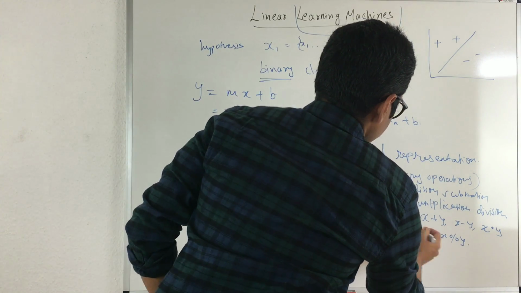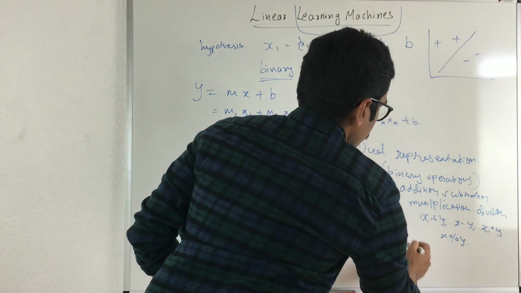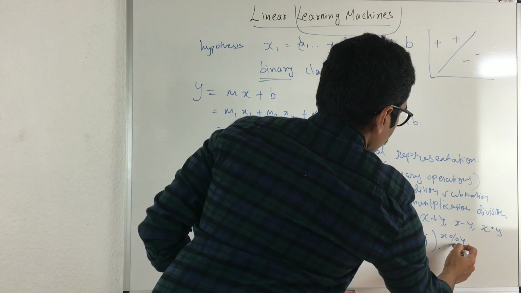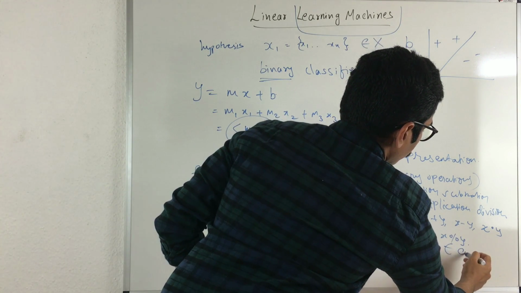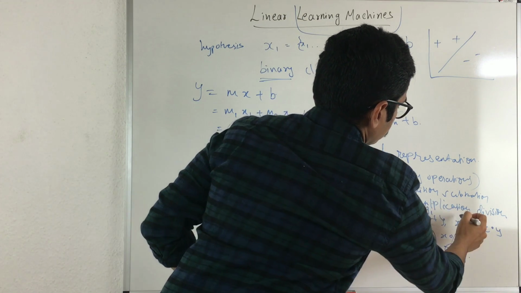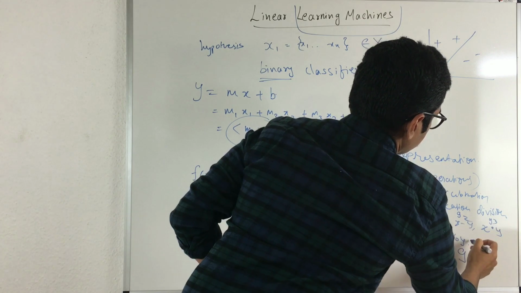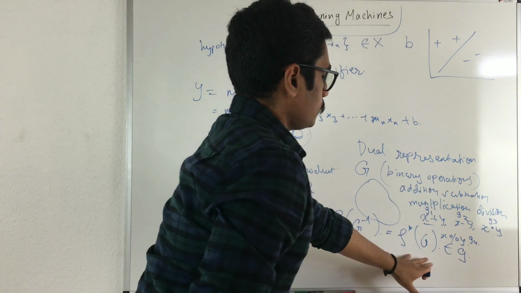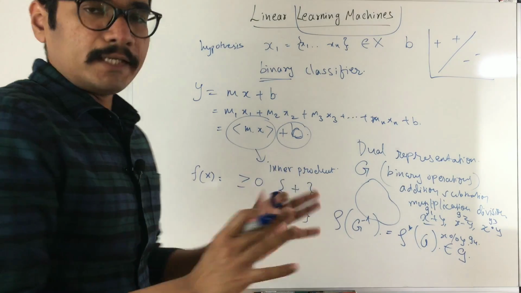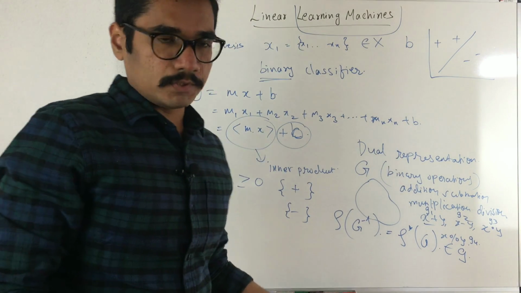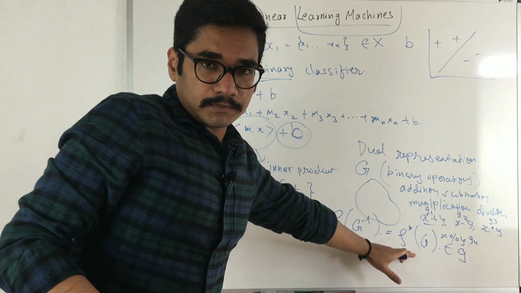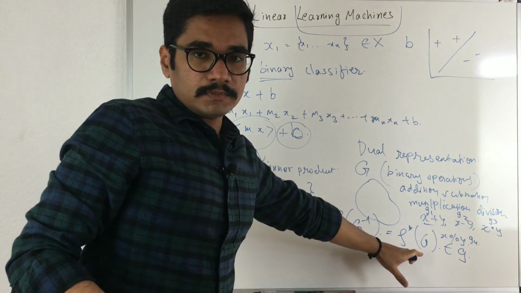So what duality says is, if you just take the transpose of this, it will be G, which will have all the individual elements. Say this is G1, G2, G3 and G4. So it will have all the elements, but the important takeaway from this dual representation is that it is the transpose of this. So you can easily transpose this entire function.